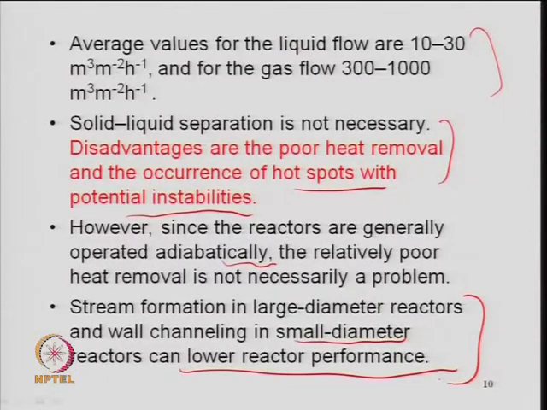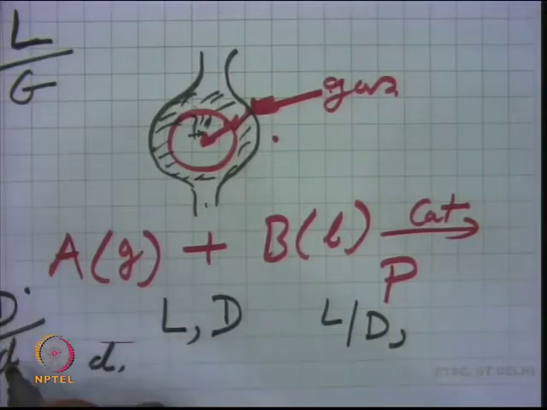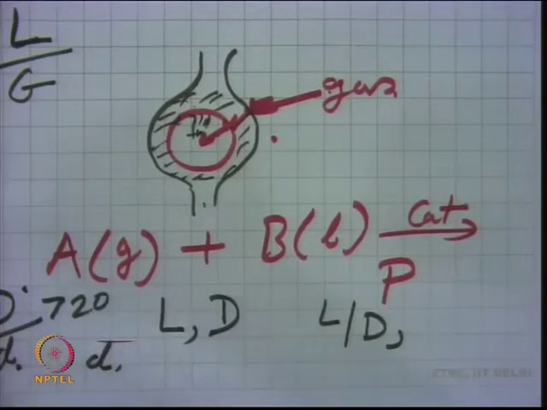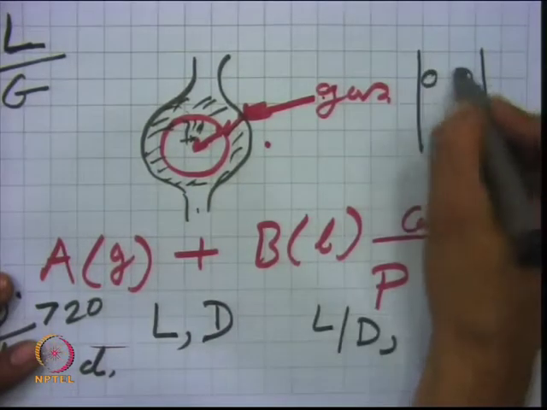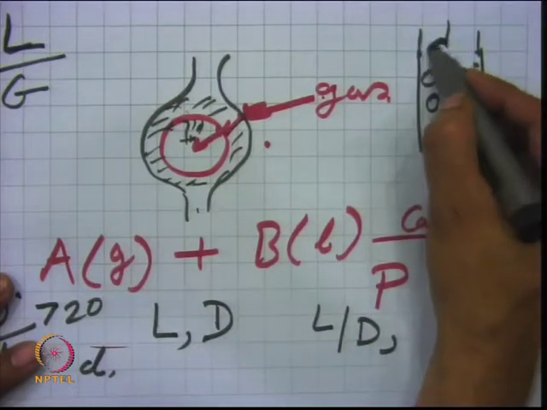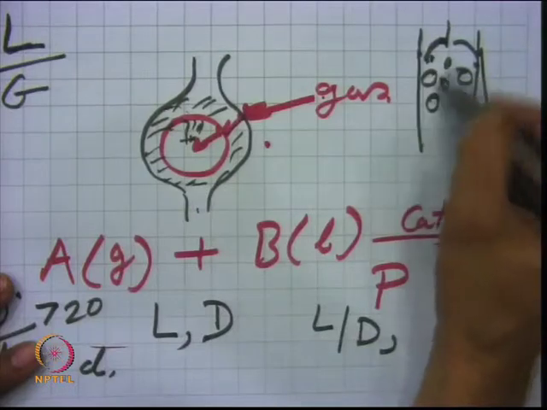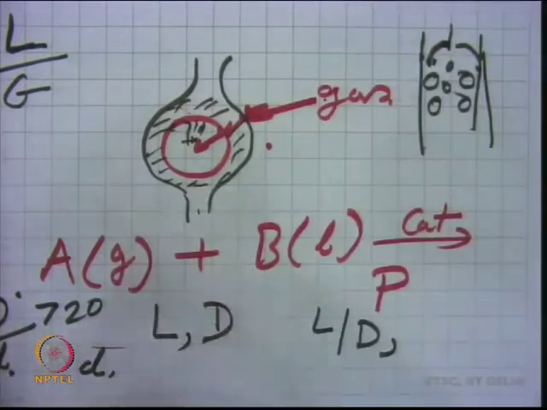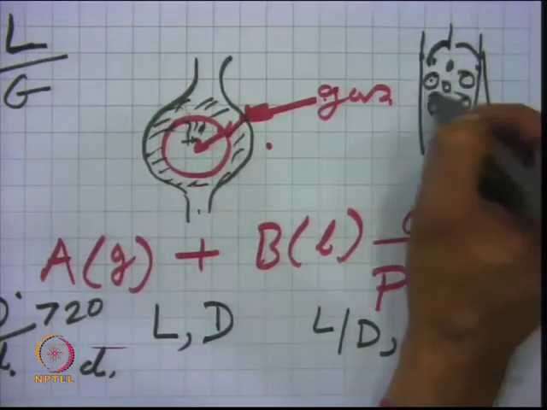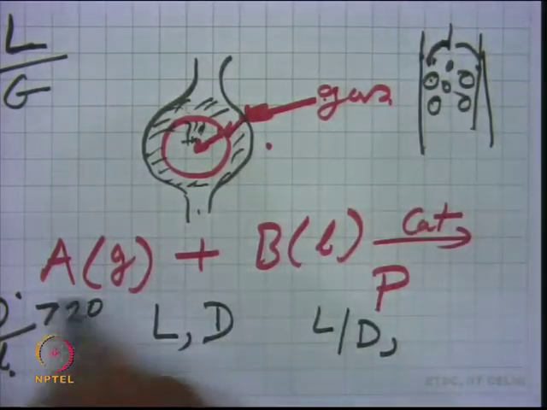So, basically for the wall flow, you have to select a D by d ratio, that is the diameter of the reactor to the diameter of the catalyst particle, as high as possible. Roughly if you keep it more than 20, then wall flow is neglected. Wall flow means the fluid has a tendency, when you have particles here like this and you have a maldistribution, the liquid will have a tendency to move towards the wall. So, it will not go through the solid particles in between. More and more liquid will distribute towards the wall. So, a good distributor is very important. And again the particle diameter and reactor diameter become important. So, I told you it should be kept higher.